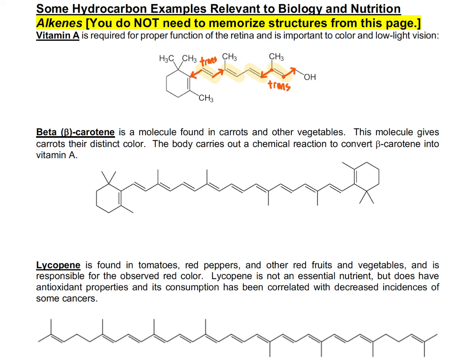And in the case of beta-carotene, if we look also at its alkene groups throughout, what we will find here is that analogous to vitamin A, all of these alkenes, following this longest carbon chain through the molecule, we would note are all trans alkenes. And you should be able to recognize that those are all trans alkenes based on the information that we have learned so far. Lycopene, down at the bottom here,